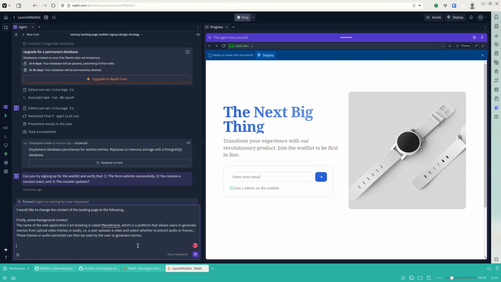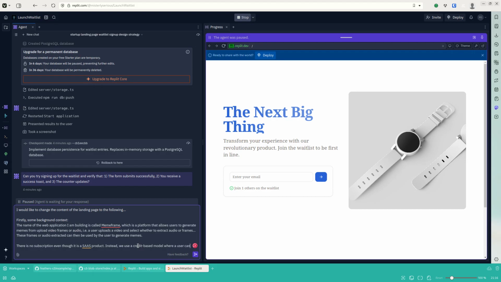There's no subscription, even though it's a SaaS product. Instead, we use a credits-based model